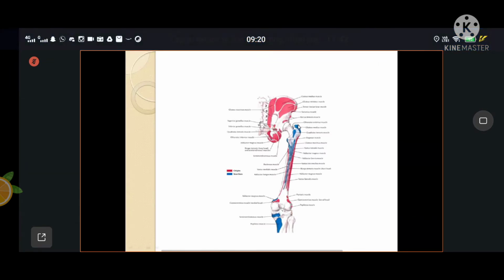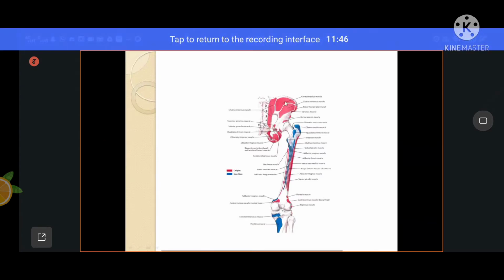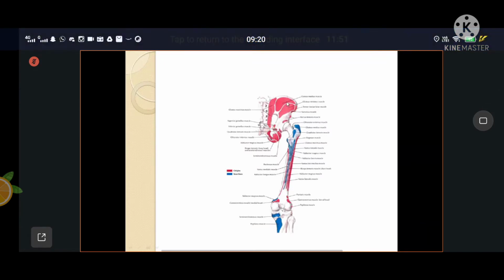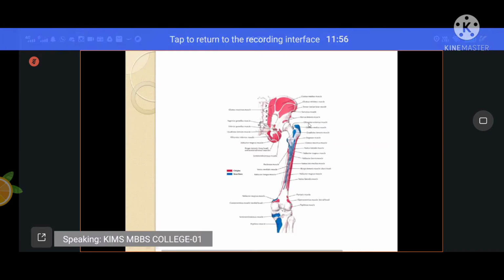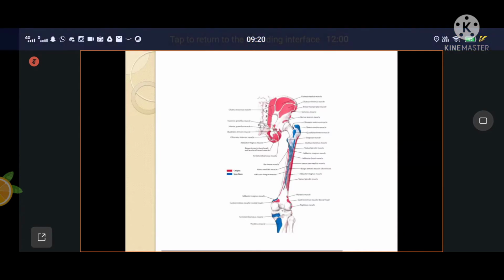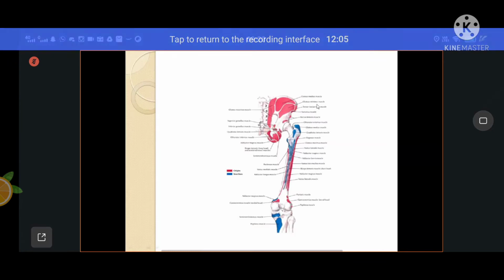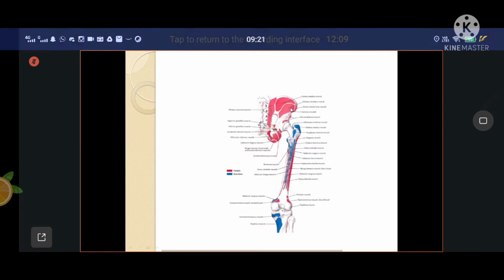Right? And now what is its nerve supply? The same nerve supply as the gluteus medius, that is the superior gluteal nerve. What is its action? The same action as gluteus medius. That is the medial rotator and the abductor of the hip joint, and along with that it stabilizes the hip joint while we are walking, right? So the gluteus medius and the gluteus minimus have the same nerve supply and the same action, and both are inserted into the greater trochanter.